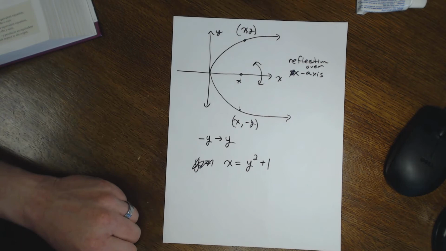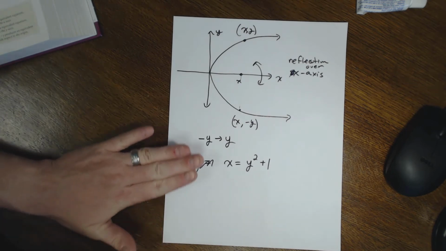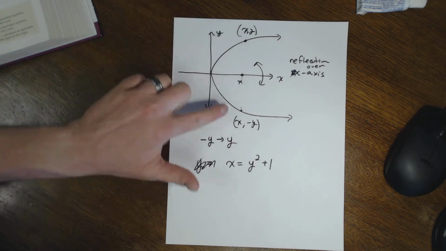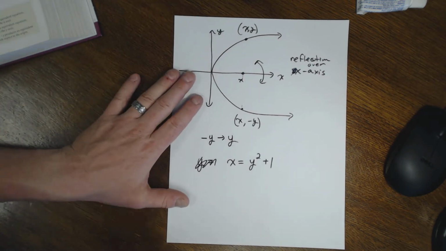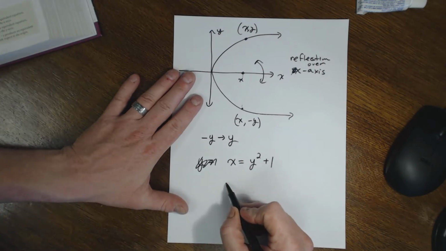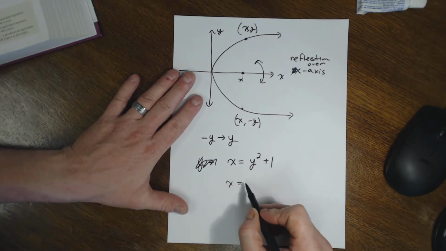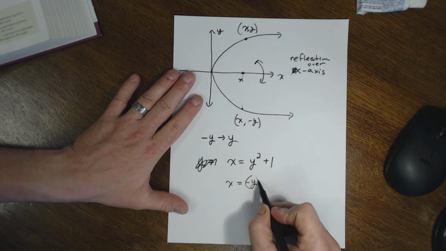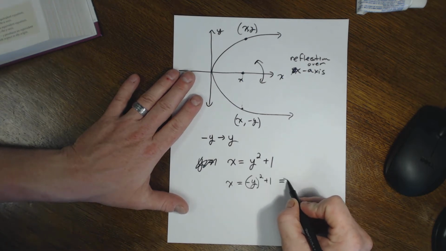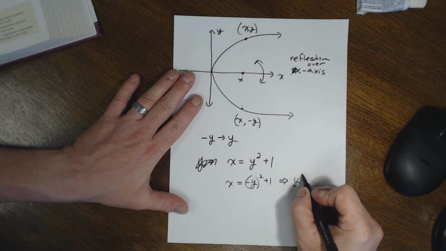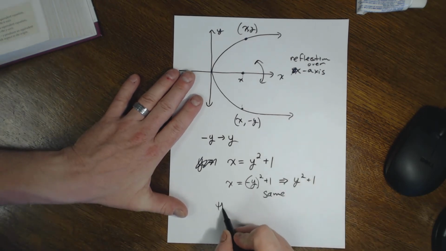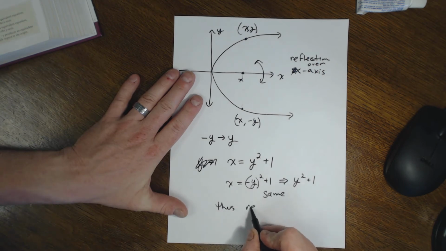Now this is not how we normally see functions, but this is a perfectly legitimate way to write a relation between two values on a coordinate plane. I'm going to take minus y and put it in for y. I'm going to get x is equal to minus y squared plus 1. And just as I did before, this will become equal to y squared plus 1, which is the same. So thus it is a reflection